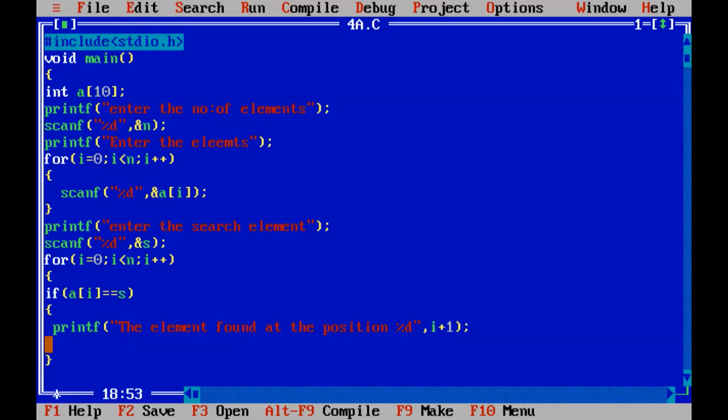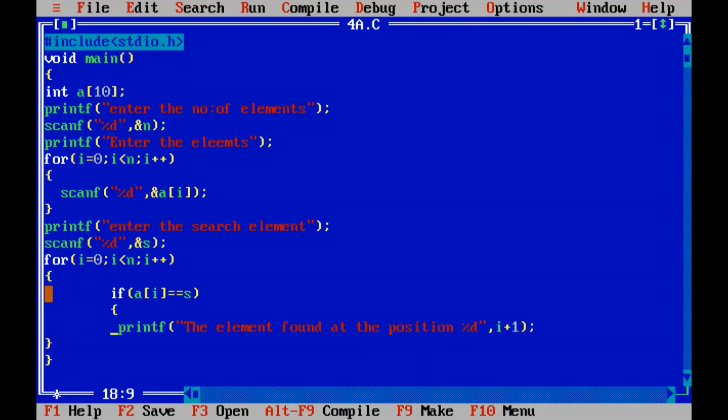The printf statement will be executed only if it is equal to S. If it is not equal, then it will come to the ending of this for loop. So I'll just give a tab and show you. Here all these will be executed only if it is equal.